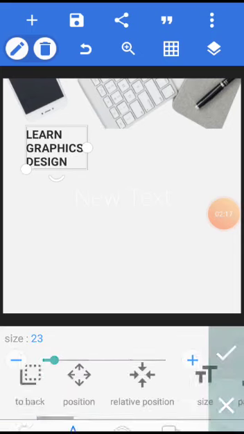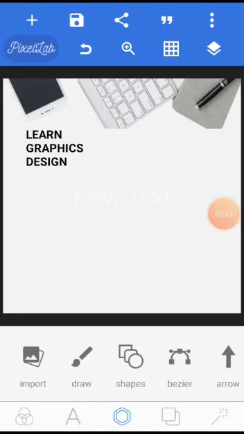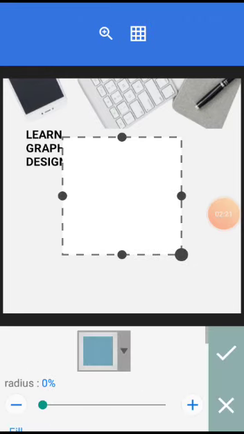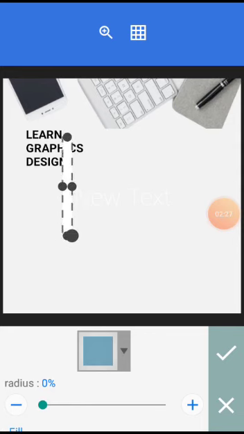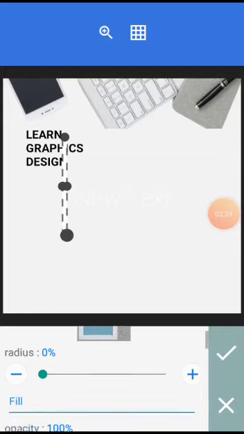Okay, I'm going to be adding my line, a straight line. So I'm going to shape. I can resize this to any line of my choice. I could also change